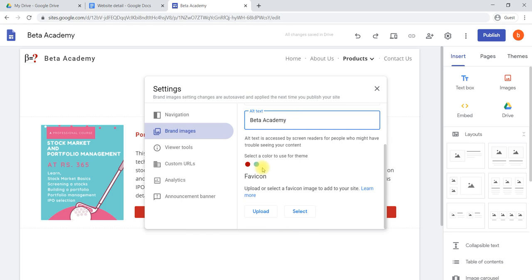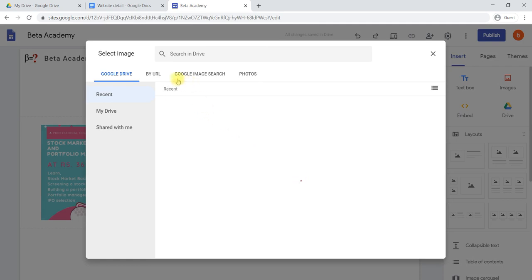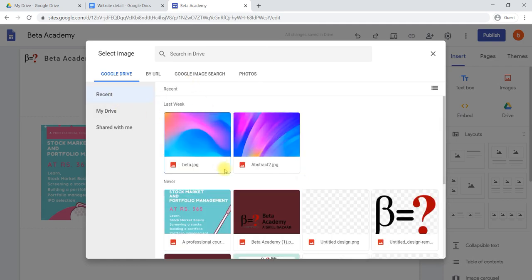And Favicon. Instead of the default icon, you can insert a logo here also. How will it be possible? We have to go to select, and we'll select a logo.